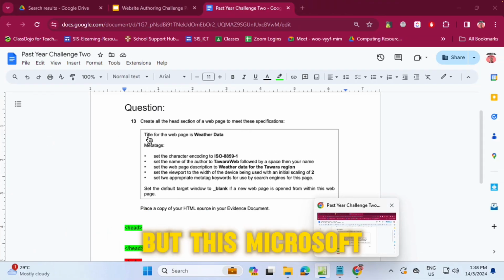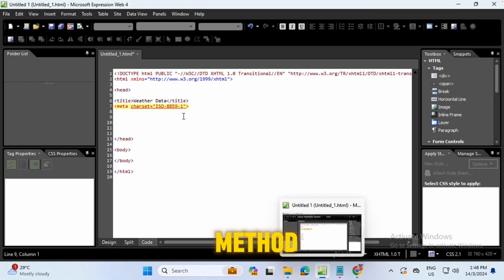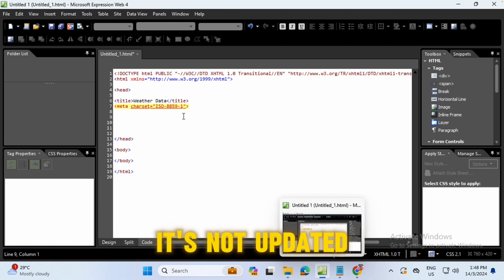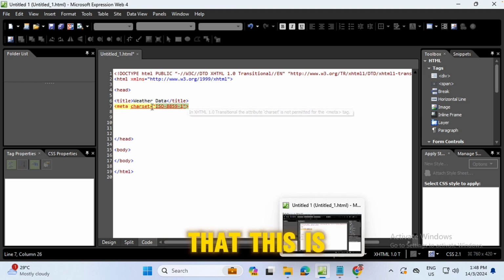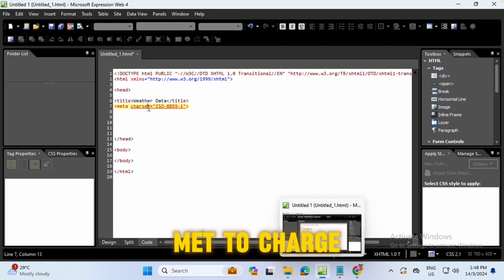But Microsoft Expression Web 4 doesn't recognize this metadata tag because it is not updated to the current HTML language. So we don't have to worry that this is incorrect. Just make sure that the syntax is correct based on the question paper's requirement. So as long as we have meta charset